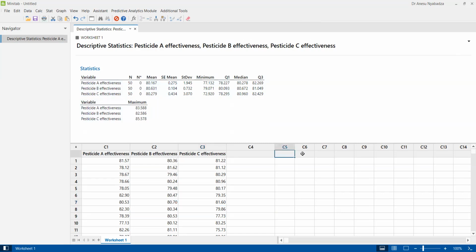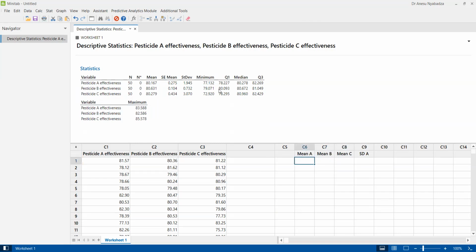And again, you can also calculate them manually using the calculator. So Minitab can also be used as a calculator. So for example, I can name these columns like mean A for this one, mean B, and then call this one mean C. And then maybe I can also have another column for standard deviation of A, right? So I want to calculate the mean A, mean B, mean C, and then put those values here, right? So I just created new